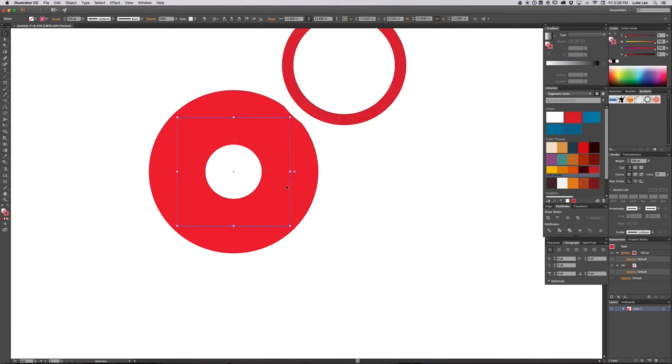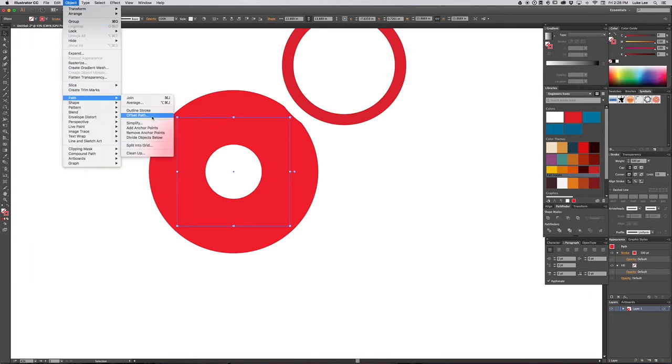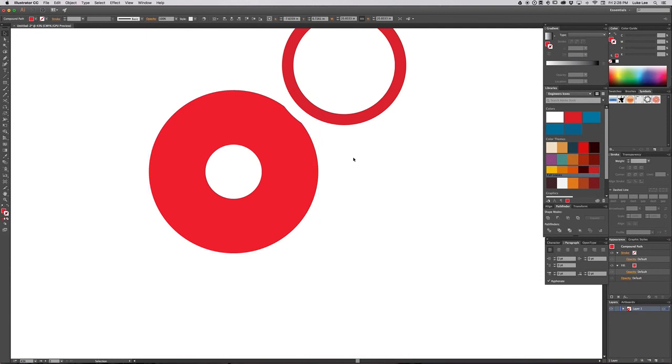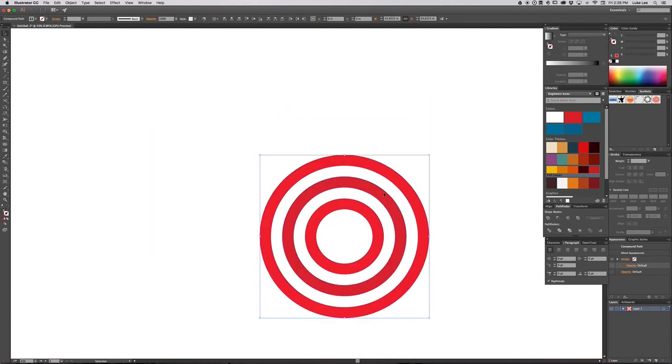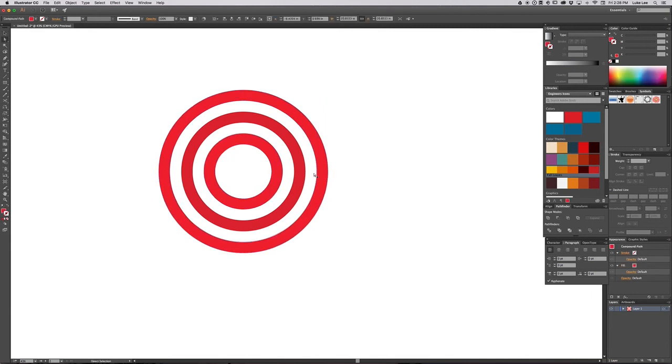Now we got the circle with this remaining stroke on it. I'm going to go path, outline, stroke. Now I'm going to align these all to center. So now we've got a bunch of shapes, a bunch of fills instead of strokes. And if we just take this white